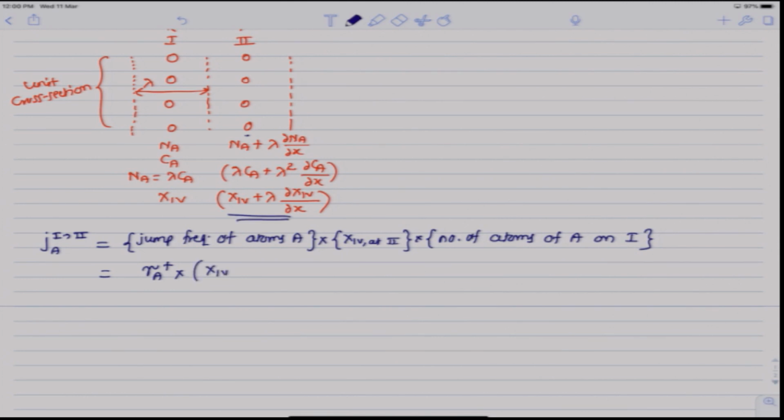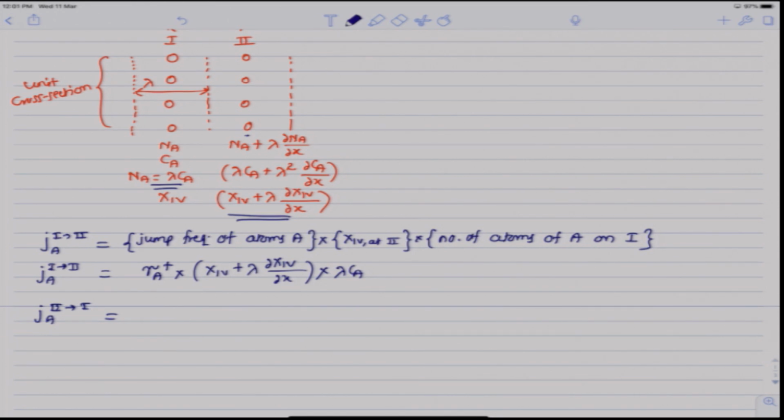This will be x1v plus lambda ∂x1v/∂x times the number of atoms of A on plane 1, which is lambda Ca. So, this is J_A from plane 1 to plane 2. Similarly, J_A from plane 2 to plane 1 would be given by